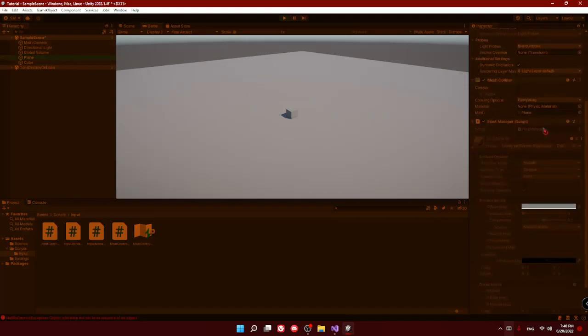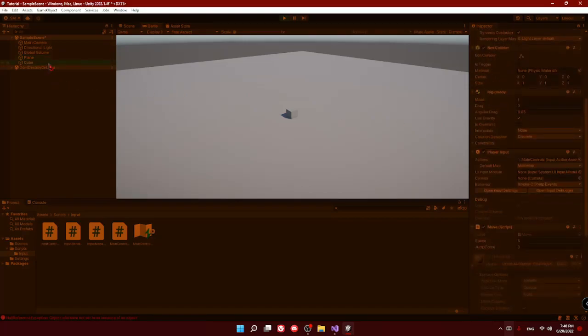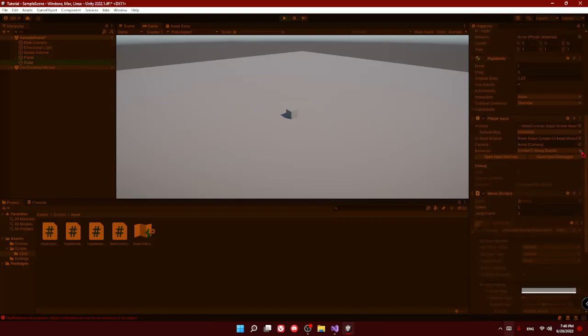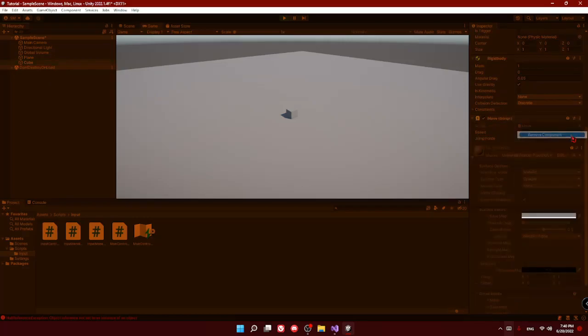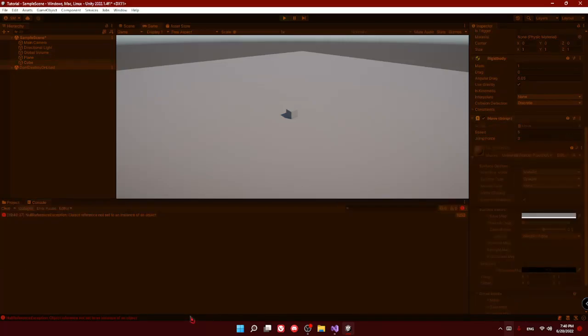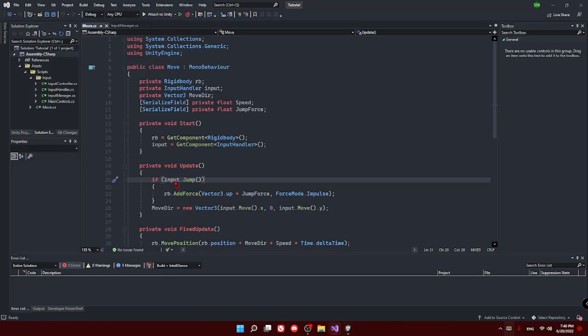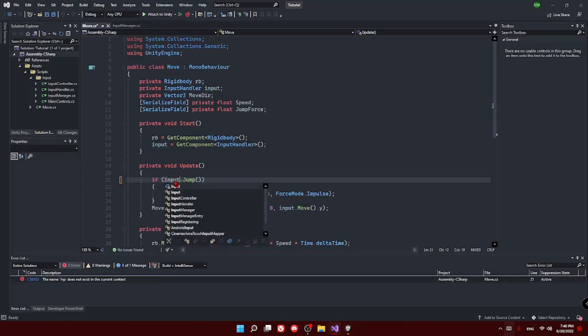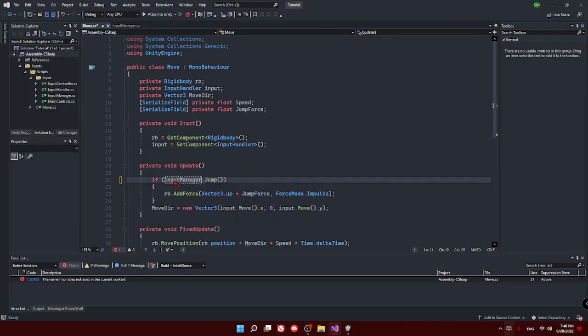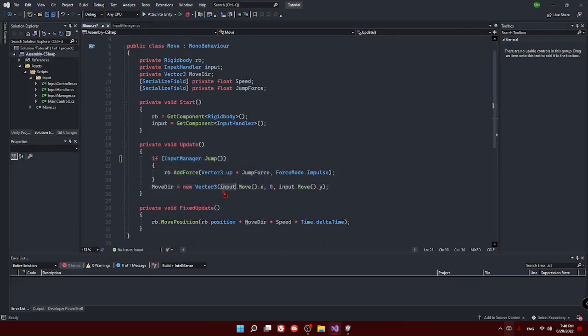It seems that input manager seems to be there. I forgot to actually change input to input manager. Let me just do this quick.